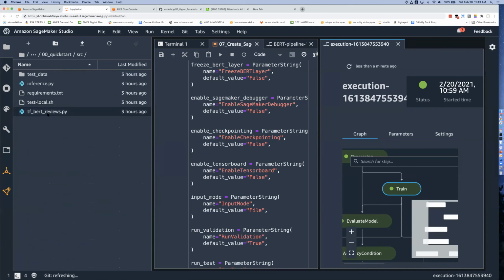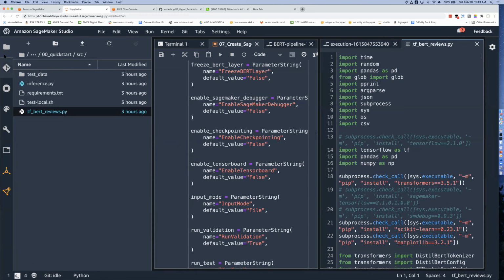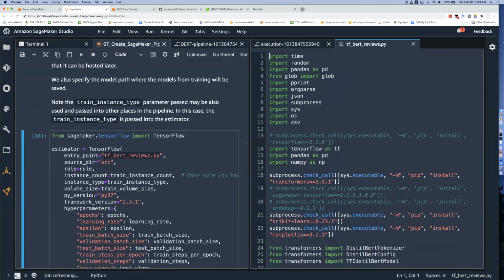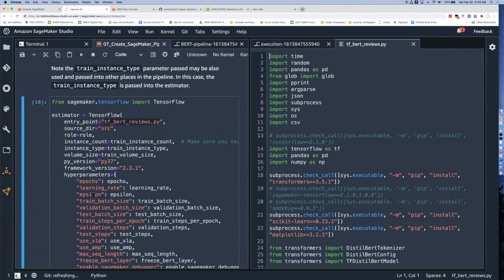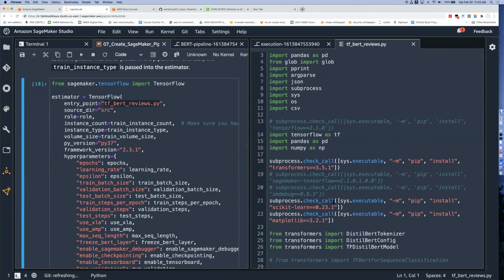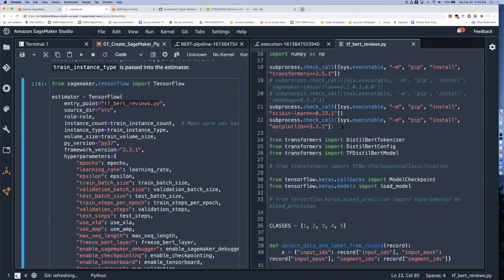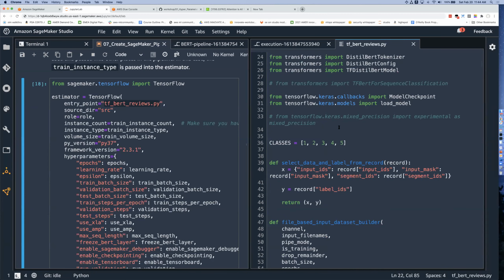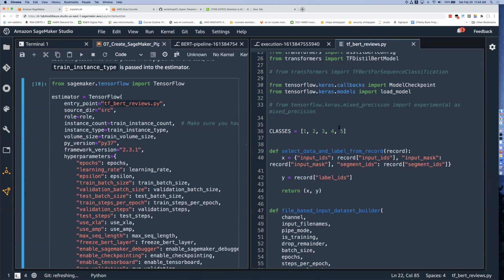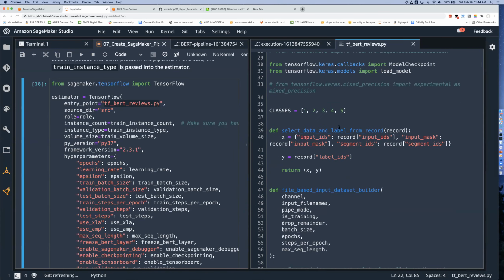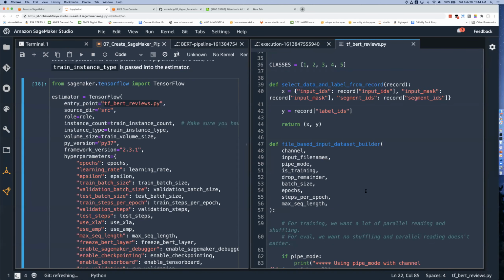That is in TF BERT reviews. This is similar to how I was showing the processing job before. This is the actual Python code that's also using transformers, also using some scikit. We're even generating a confusion matrix here so that we could package it up. And whenever we have our model, I could also see quickly the confusion matrix, just a little development time optimization. And so without getting into too much detail, because we only have about 15 minutes left here,